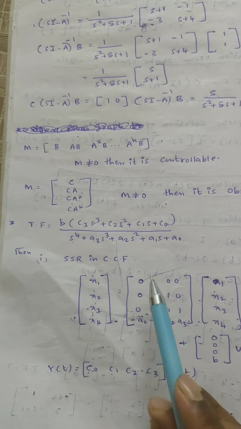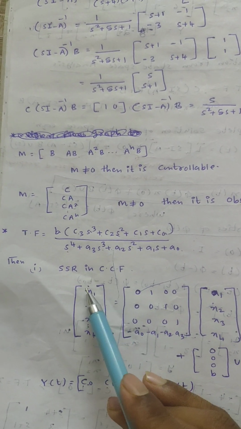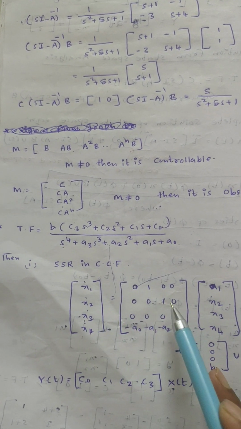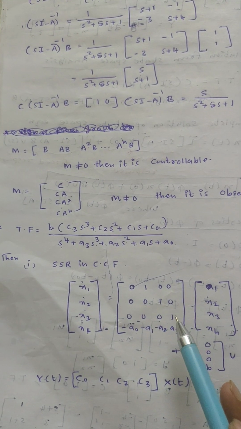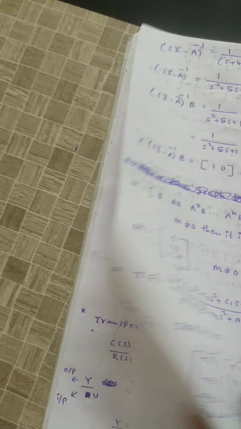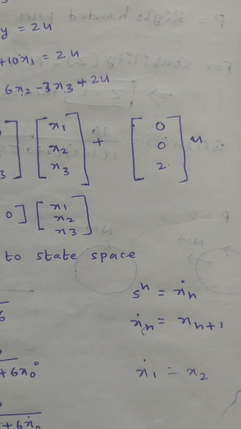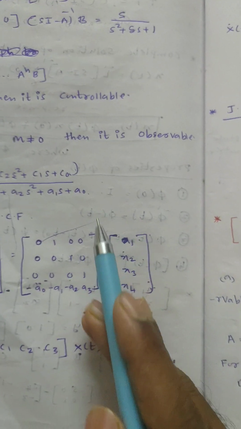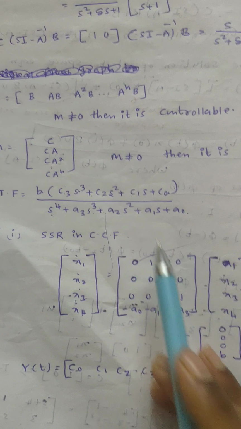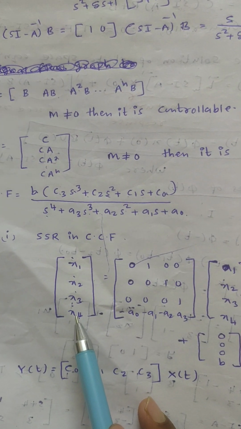Next, we already know that x1 dot is equal to x2. When 4 variables are present, x2 dot is equal to x3, x3 dot is equal to x4, based upon the previous formula: x n dot is equal to x of n plus 1. From these equations, you will get these 3 equations. Next, to calculate the x4 dot value,